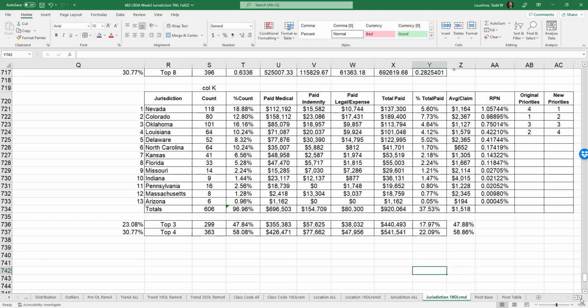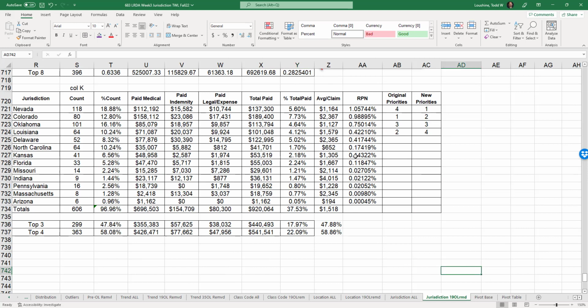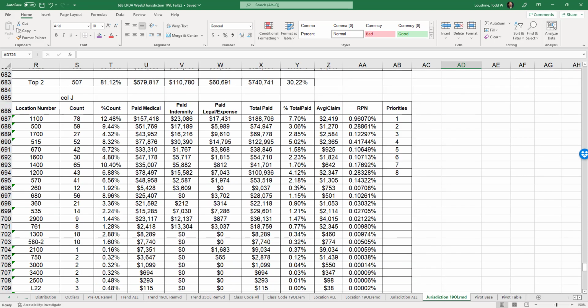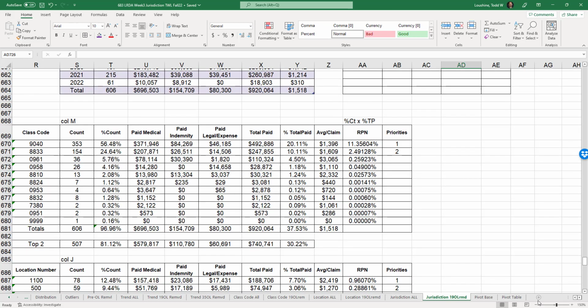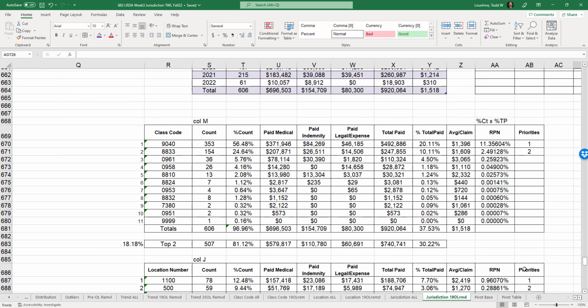So that's where I'm going to end this. So what did we find out? Let's first save our work. What did we do? With the outliers removed, we have 3 different where-things-are-occurring categories. With the class code, we'll have 2 priorities.